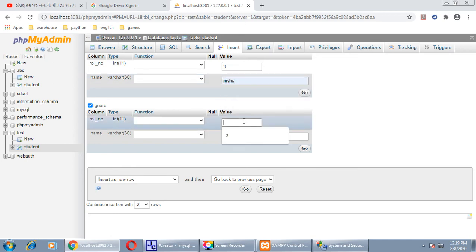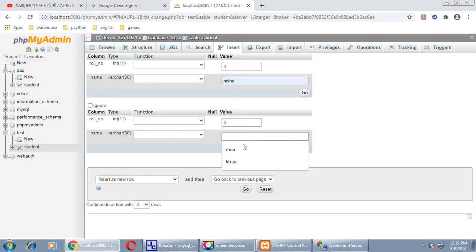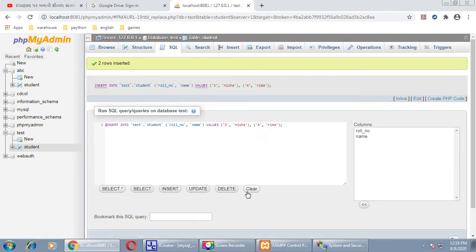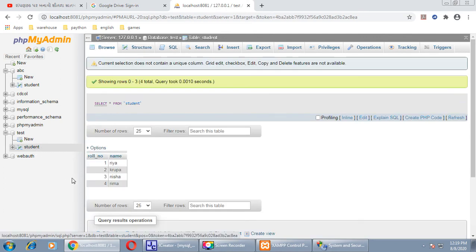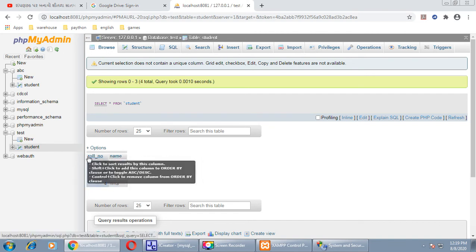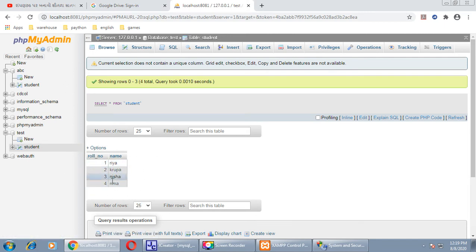Roll number 4, Reena, and click on go. So here we inserted 4 rows in the student table. You can browse all the rows by clicking on just this table name. Here it is. You can see the output of this table on the screen. The same we will fetch in our Java coding, right?